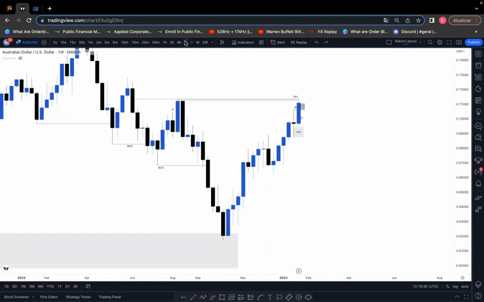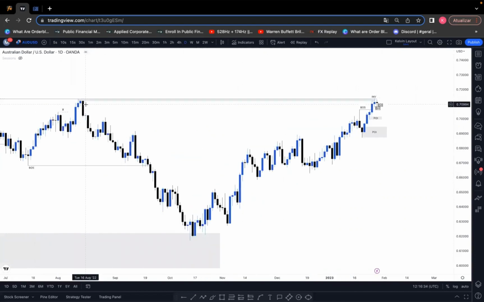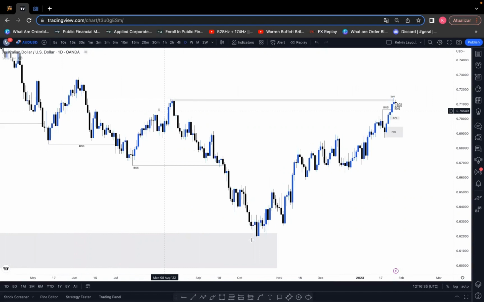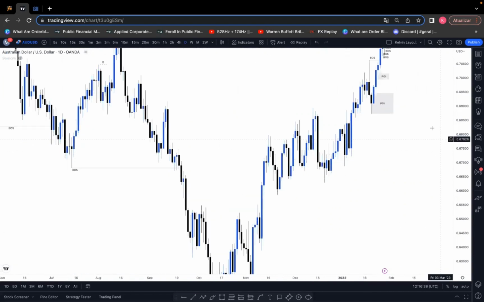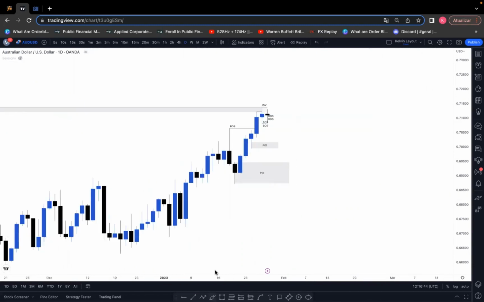So let me just go down to the daily time frame. We had this very refined daily point of interest above. So we had the break, mitigation, second break, and price came to the extreme. And if we look at daily, we can see that we had this high, then price made this low, and then finally broke structure to the upside. So the daily is still bullish, and the range is still this daily range, range low, and this range high. So I'm expecting to see some pullback towards 50%, which actually coincides with this point of interest here,